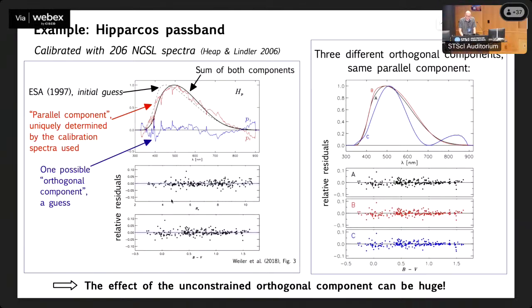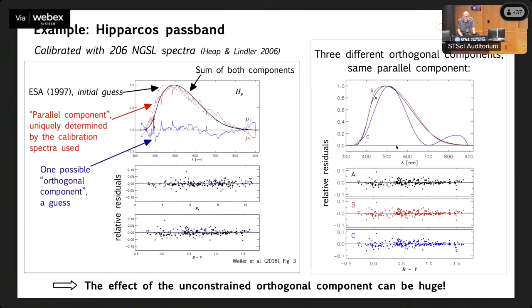Okay. And well, the residuals are nice. You see them here in color and in magnitude without trend. And we know mathematically that these are the smallest residuals you can get. But you can add some other passband, some other orthogonal component as well if you want to. This is what you see on the other side of this plot. The curve A here is the same as on this side, but the curve B has just another orthogonal component, slightly different added. So you get a slightly different overall passband in here. And the blue curve C has an orthogonal component added to it that deliberately was made in such a way that the passband looks grotesquely different.